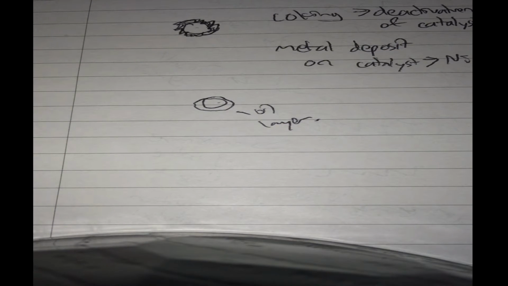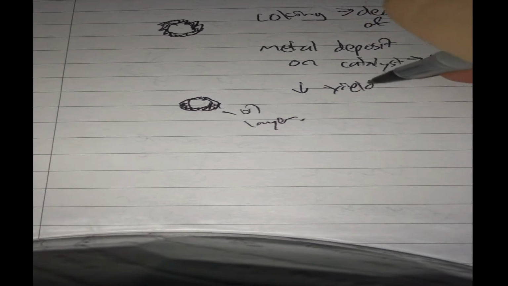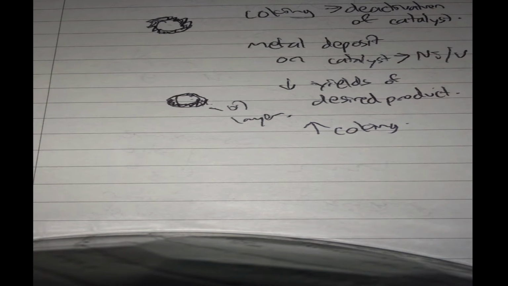And what happens is that if it stays there too long, it will undergo thermal cracking, and all the carbon will start forming. So this will decrease yields of desired product, which is gasoline, and you increase the coking. What do you do with this? One solution